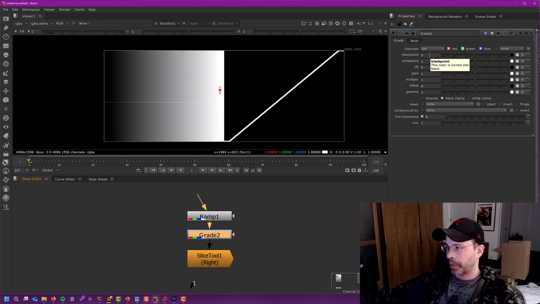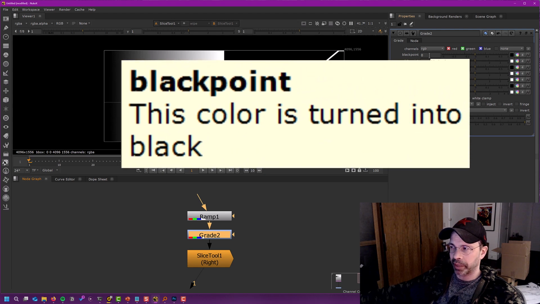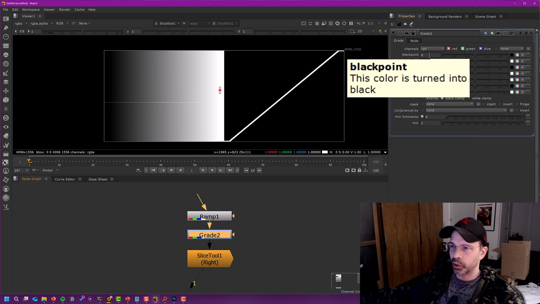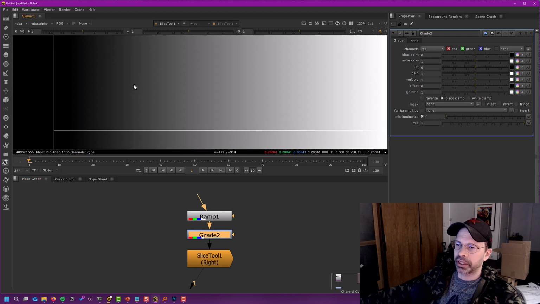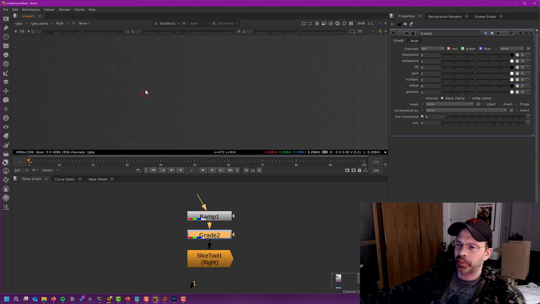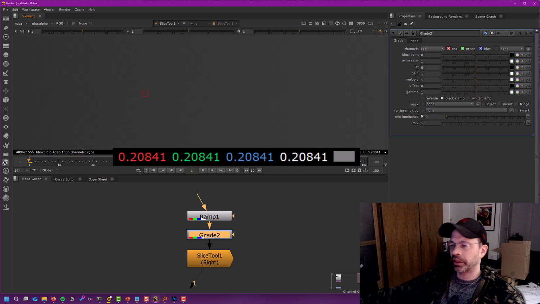If I look at the grade node, I'm going to start with the black point. And if I hover over top of the black point, you can see the tooltip that comes up. It says this color is turned into black. What that means is if I sample a pixel, and when I say sample, if you just hit Control, that's going to create this little sample box over here, and it'll tell you what the values are in red, green, and blue. So it says right there that my color value for this pixel is